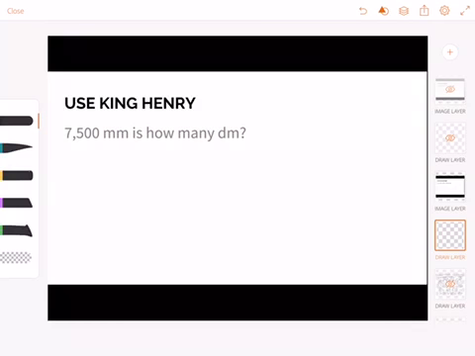So basically, we're going to be given a measurement, 7,500 millimeters. How many decimeters is in that? So if we draw,